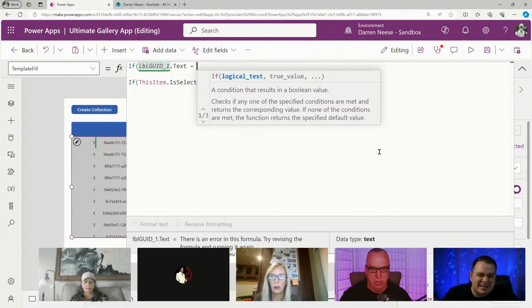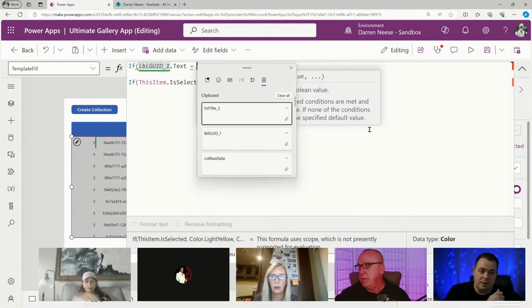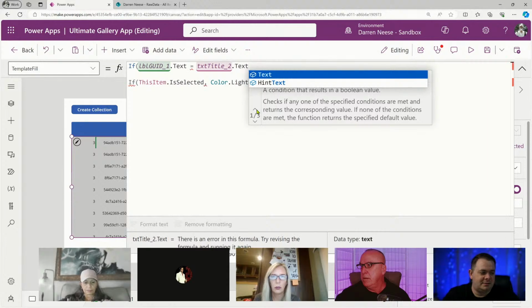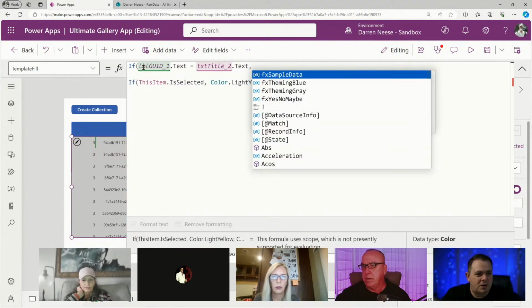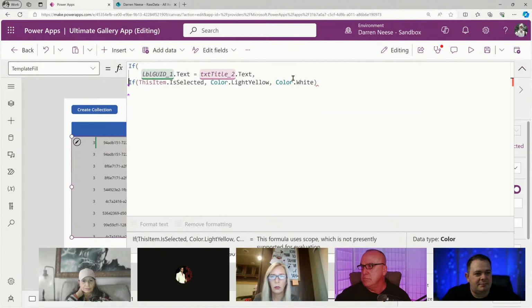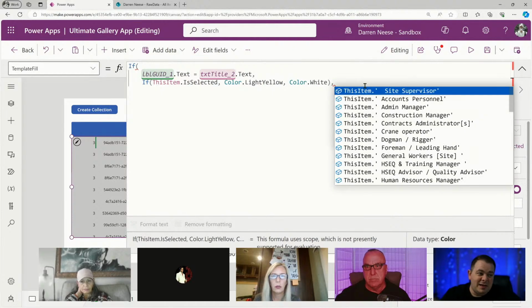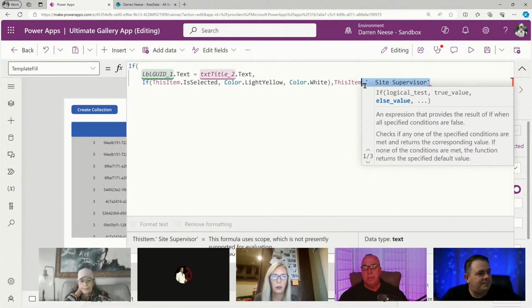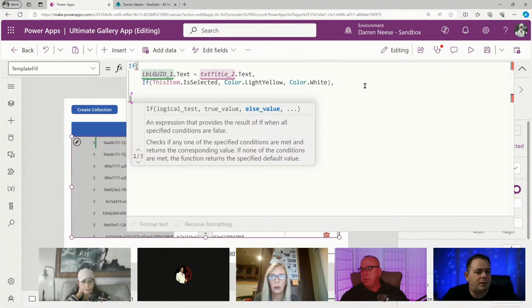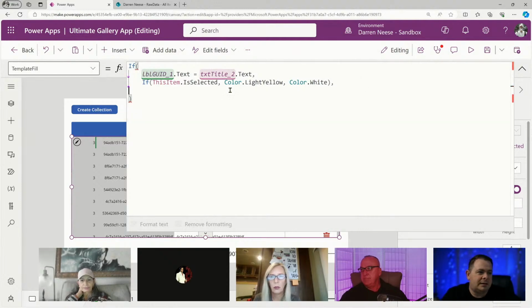If this is the same as Windows V, the text box dot text, if those are the same, then I want to treat it just like it's normal. Okay. And it's going to be white or yellow based on if it's selected. Now, if those things are different,